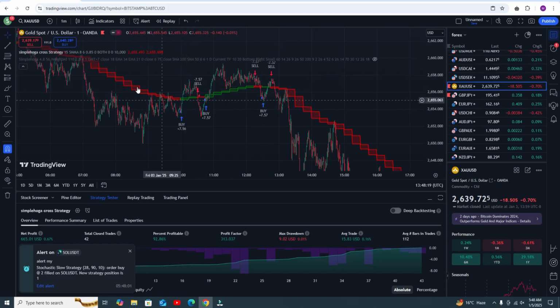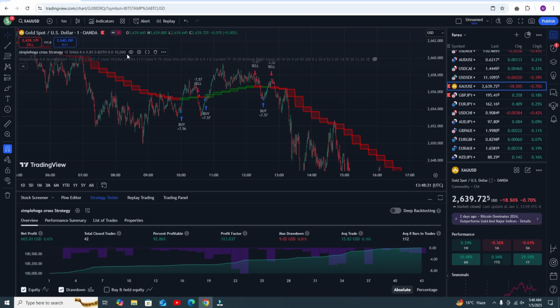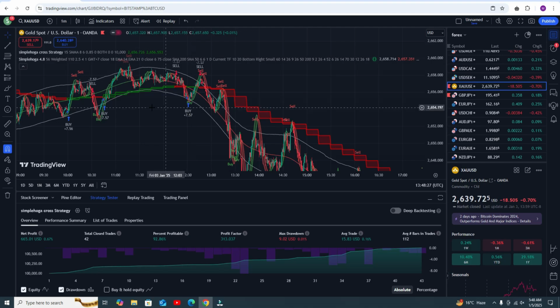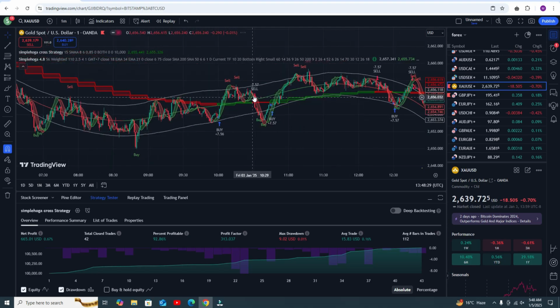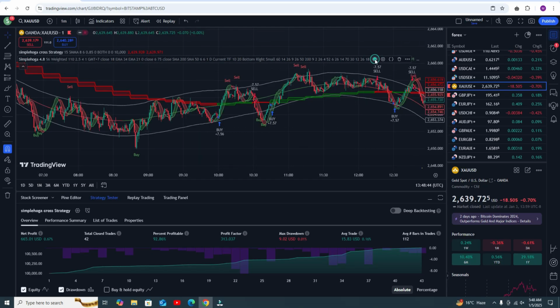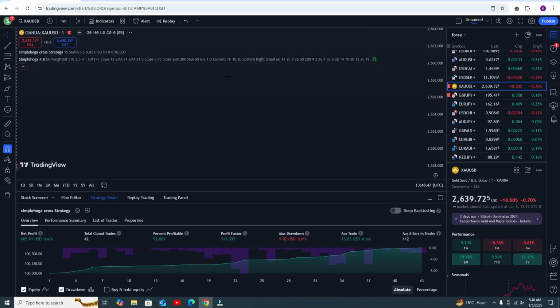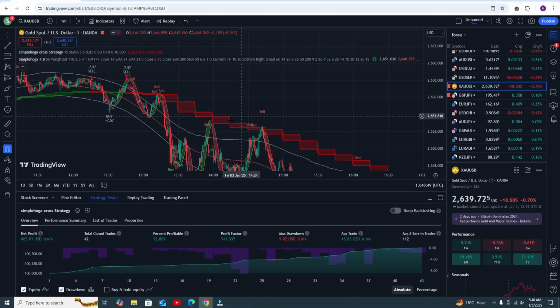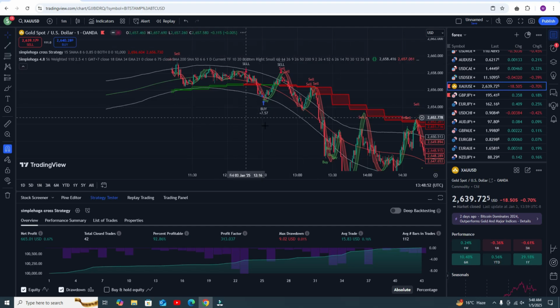But if you follow the second strategy, or if you add a second indicator, then you will get better and more accuracy. Like how this was a sell signal, you had to close the trade when you got the buy signal. There are now two types of buy and sell signals. The first one is this one. But the second indicator is also giving you the buy and sell signal: the green color is the buy signal and the red color is the sell signal.